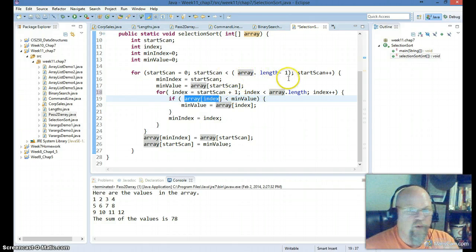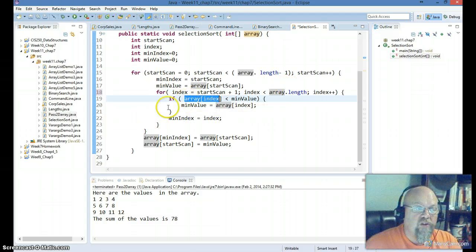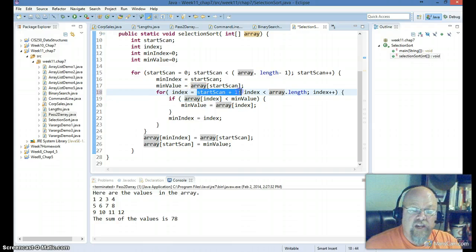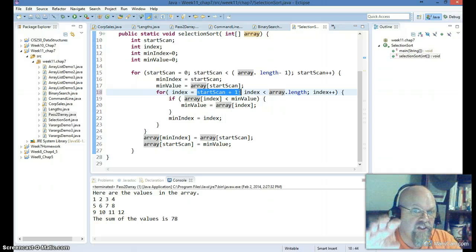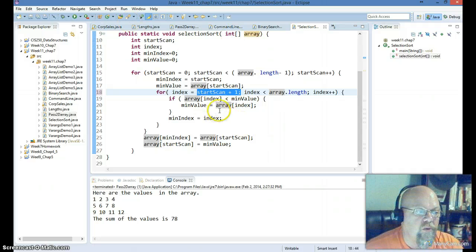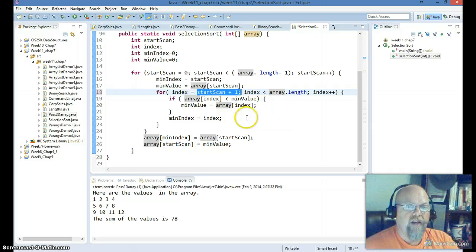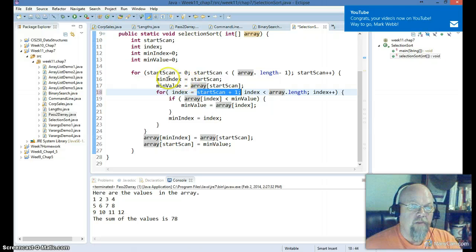So again, we're using the same exact array, except now, because I've increased it by 1, here's my start scan plus 1, I'm actually looking at the cell to the right of that. And I'm saying if the value in the cell to the right is less than this cell, then I'm going to say the min value equals the array index. Okay? So my array index,